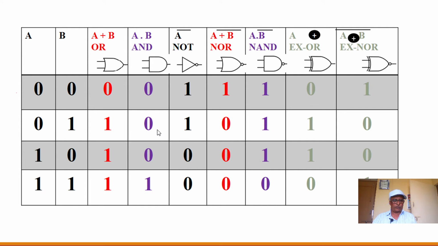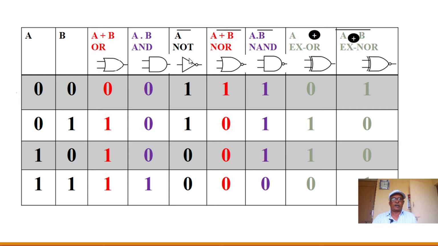In the AND gate we take the product of the inputs. So inputs are here 0, 0, the product is 0. So 0 multiplied by anything, the product is 0, means the first 3 cases are 0. Only in the last step the product is 1, so the output of the AND gate is 1.